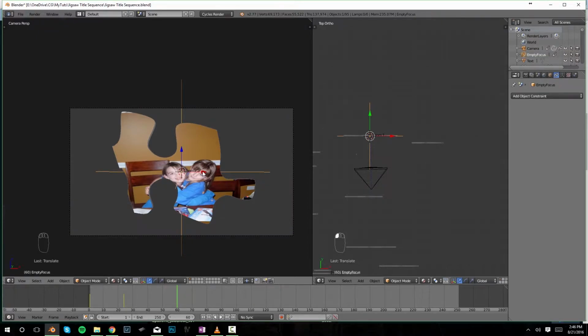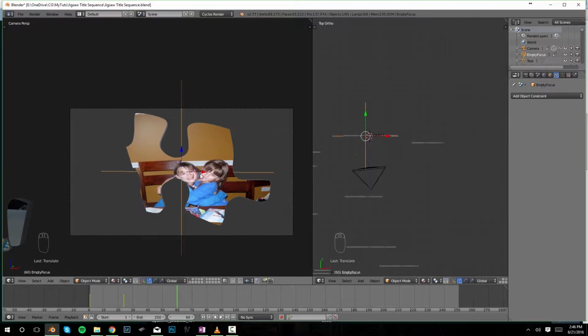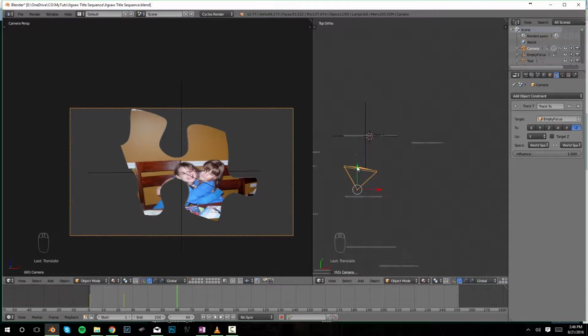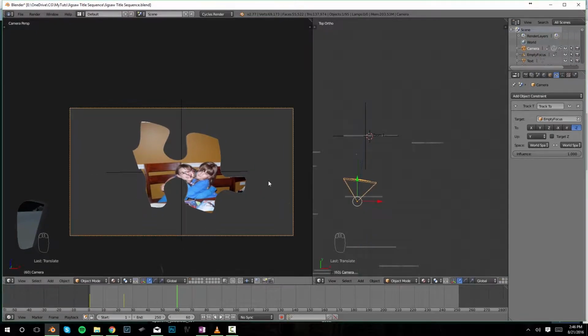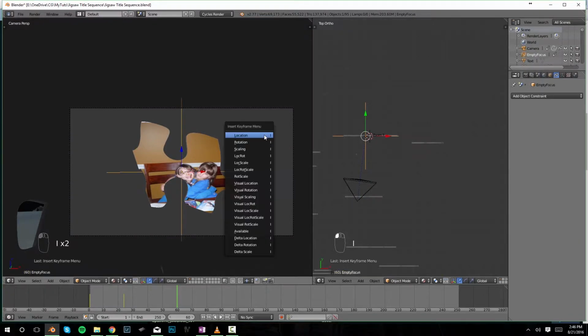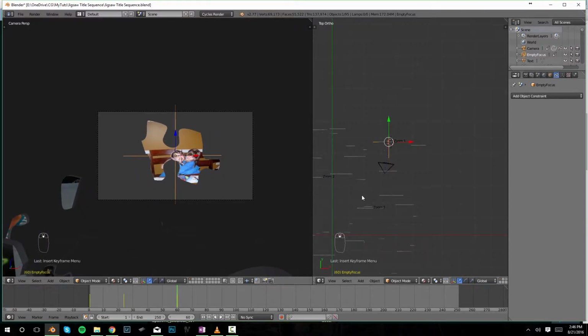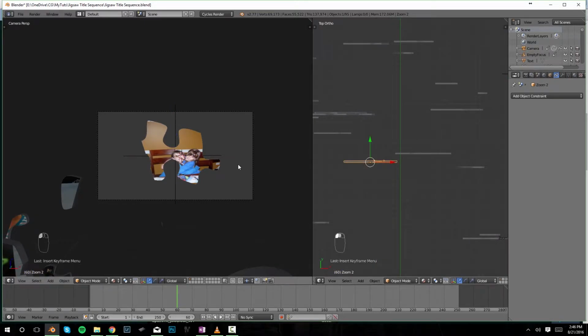Once again, sorry guys, move my empty just a little bit. I don't have to get crazy here. Move my camera just a little bit. Move it back just a little bit. And now I on the camera, select that, the empty, I on the empty. And now what I want to do is zoom all the way over to zoom 2. So select zoom 2. Before I make the same mistake, how long do I want to take to get there? Let's just say I'm going to take 1 second to get there. So 24 frames. So I'm going to go to 84